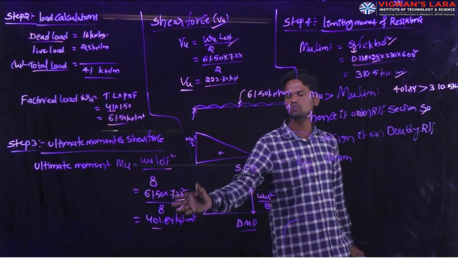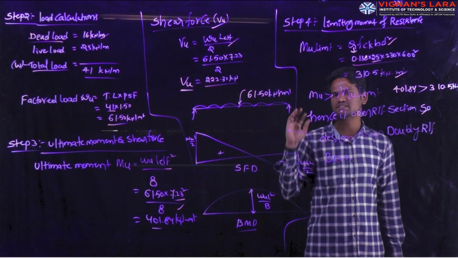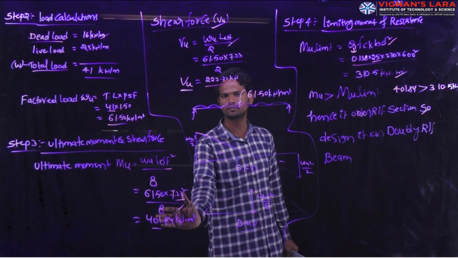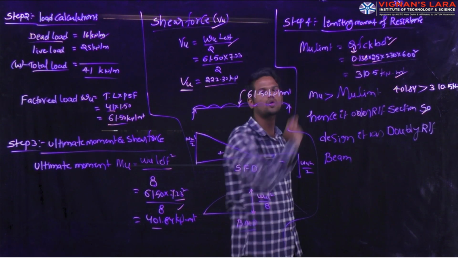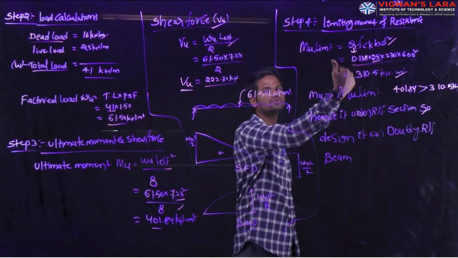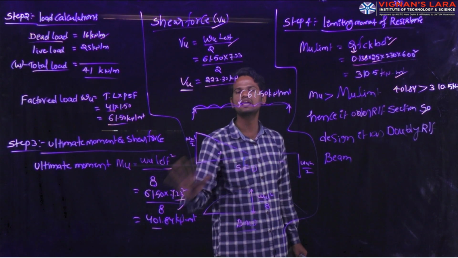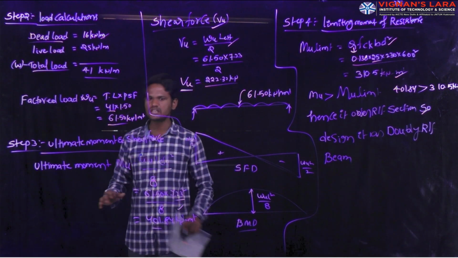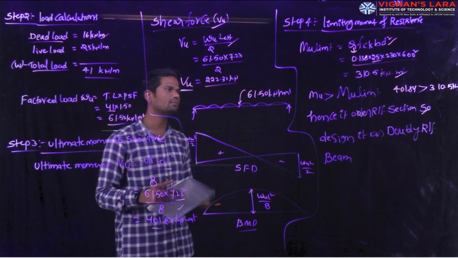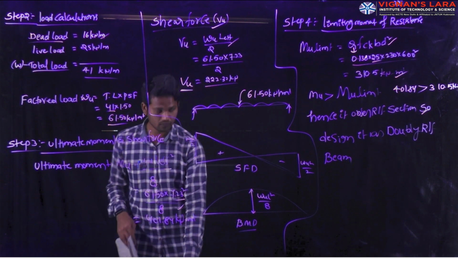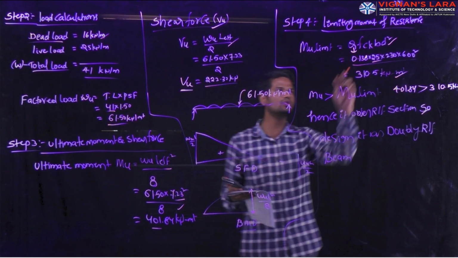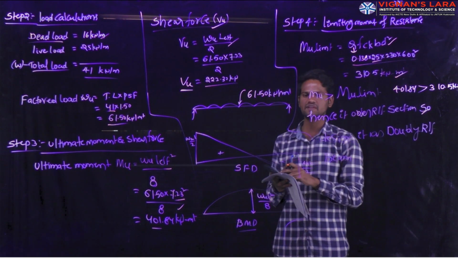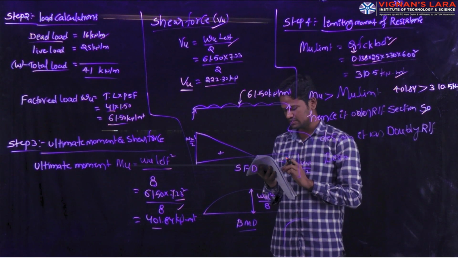For this additional moment, the provided depth will definitely not be sufficient. That means for 401.84 kilonewton meter, what is the depth we have provided here? If you check the effective depth required for this moment, definitely the value will be more than the provided depth. Hence, without changing the cross-sectional dimension, we are providing additional reinforcement. To show you, I will substitute 1 meter, that means 1000 mm, instead of the effective depth of 600. Let's check what happens.